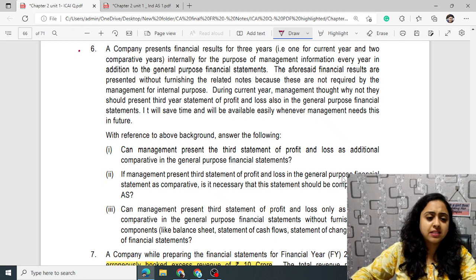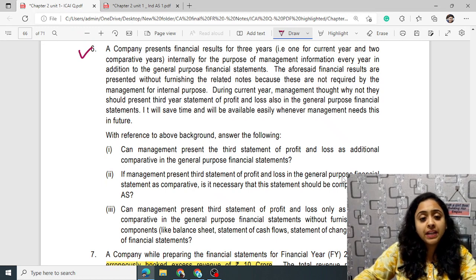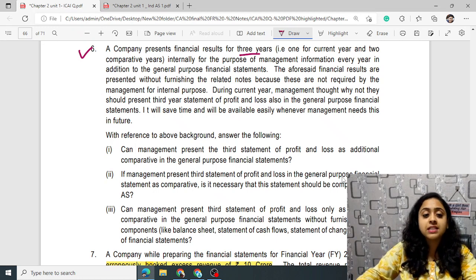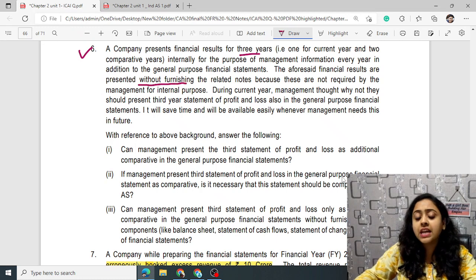Complete the questions. A company presents financial results for 3 years, that is 1 for the current year and 2 comparative statements, internally for the purpose of management information every year in addition to the general purpose financial statement. The aforesaid financial results are presented without furnishing the related notes because these are not required by the management for